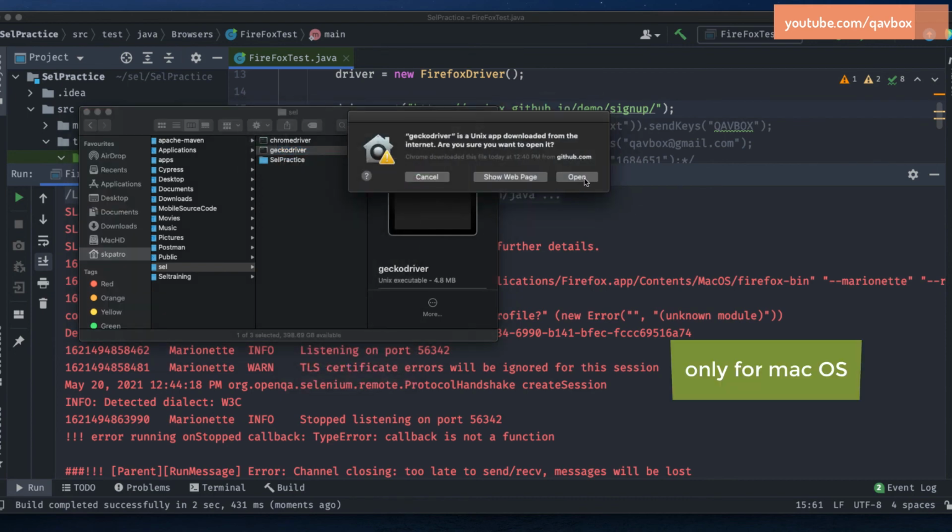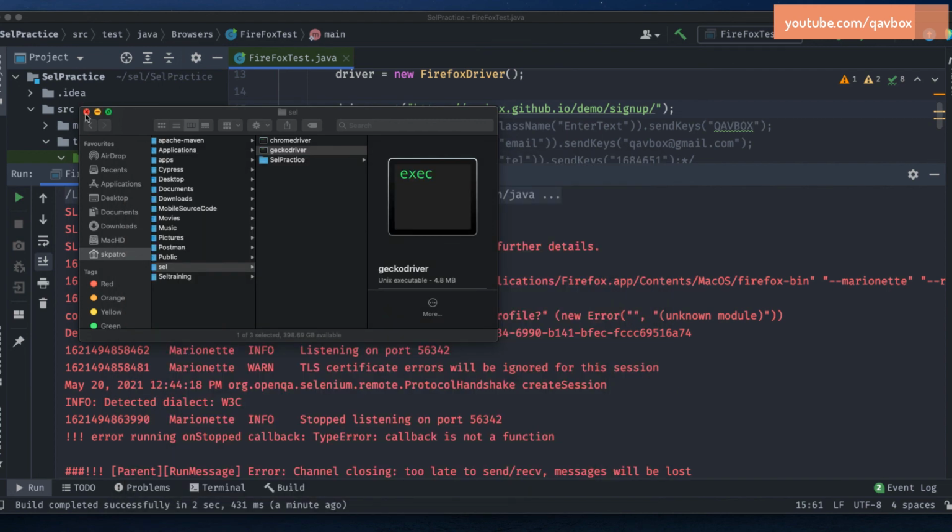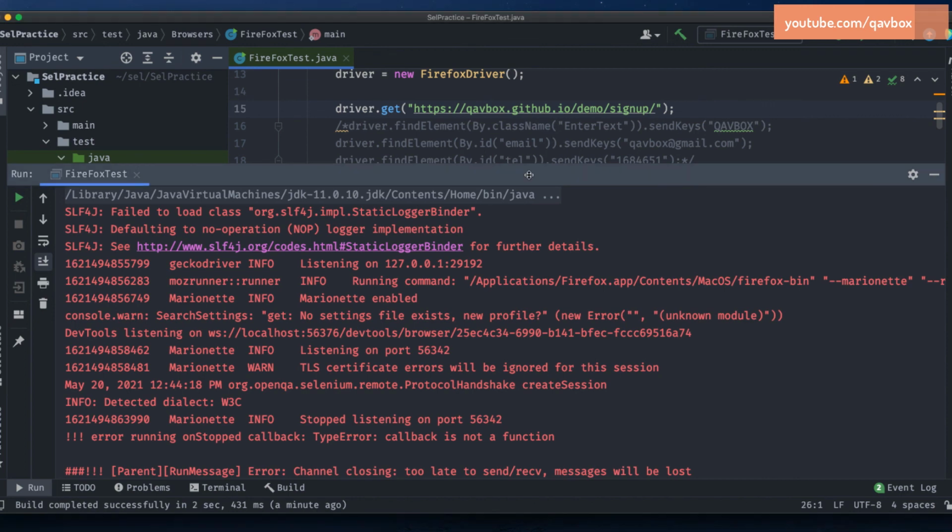Whenever you open it, it will ask you this particular pop-up, because when you download from external sources, Mac considers that as malicious software. So to make this particular application trustworthy, you need to manually right click on the Gecko driver file which you downloaded, and then open it by right clicking and choosing open, and you will get this one. So you click on open, it opens into a command prompt. That's it. Now you close this. For closing, you can press Control C. Fine, that is the only thing you need to do if your test case is not executing properly.